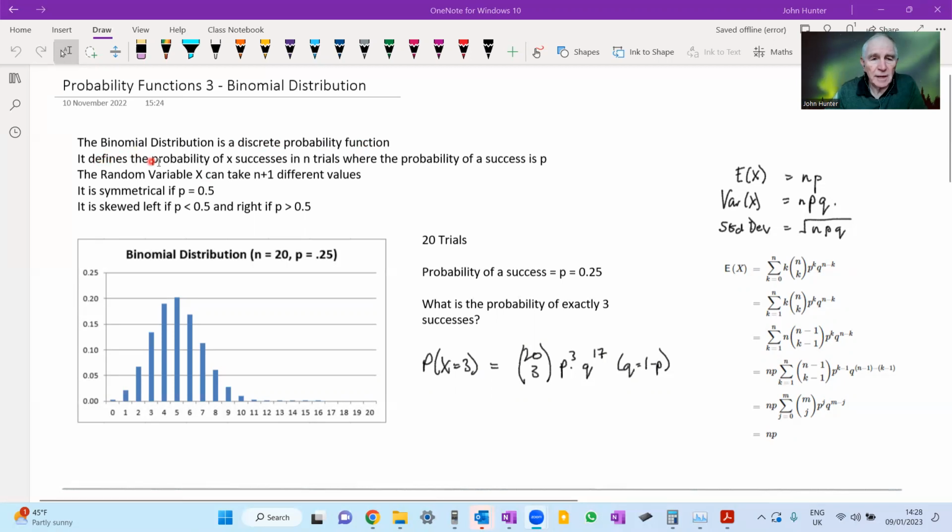What does it do? It defines the probability of X successes in N trials where the probability of a success is P. So let's just think what that could mean. For instance, if we're throwing darts at a dartboard and we're trying to hit the bull, a success would be hitting the bull. The probability of hitting the bull with any one dart would be whatever P is, 0.1 maybe. So if we have 20 throws, let's say the probability is 0.25 because that fits in with the diagram. If we have 20 throws, then